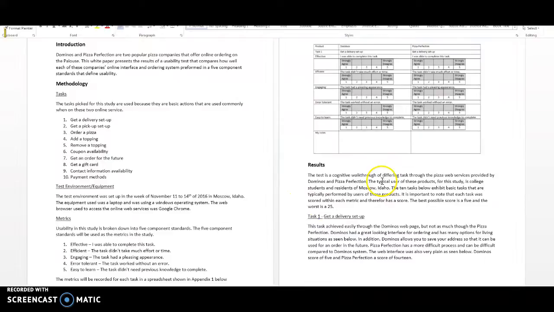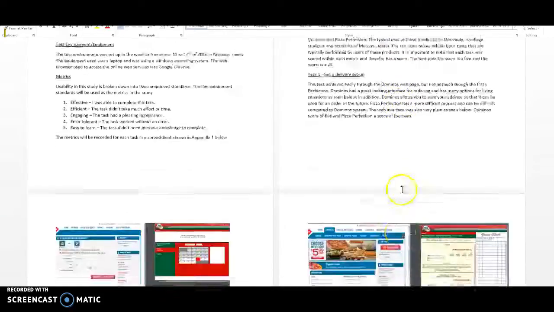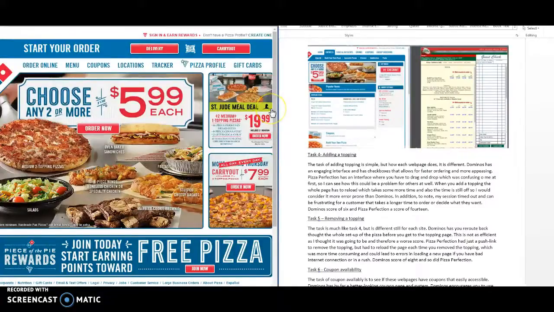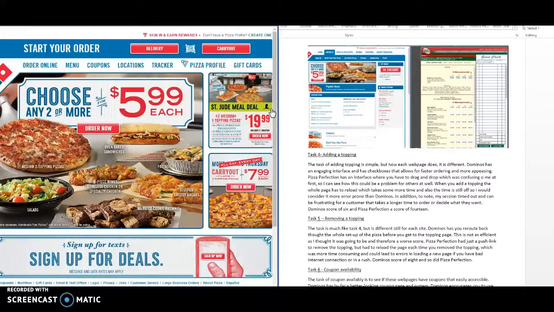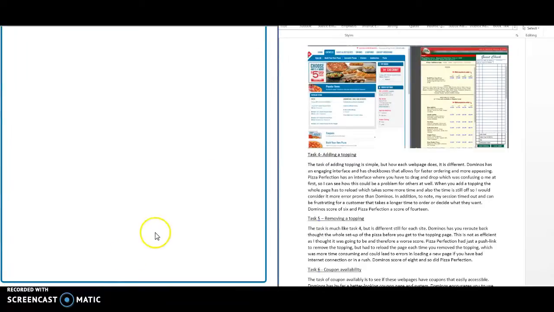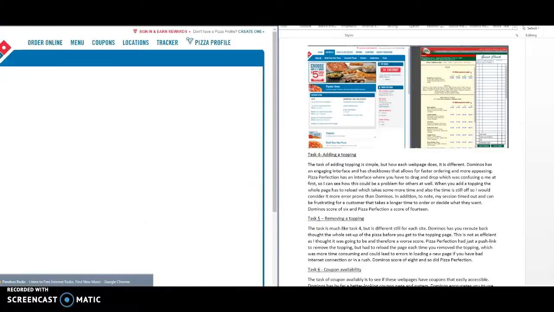So the results, what I have for the results is that, well, mostly that Domino's dominates it. I have a lot of comments on here, but I'll show you. So Domino's, you can see just by the webpage itself, is very pretty to look at. It has a lot of engaging stuff. It shows you the product right away. It has a lot of quick links that you could click on, gift cards, like it'll take you right there. But comparatively to,